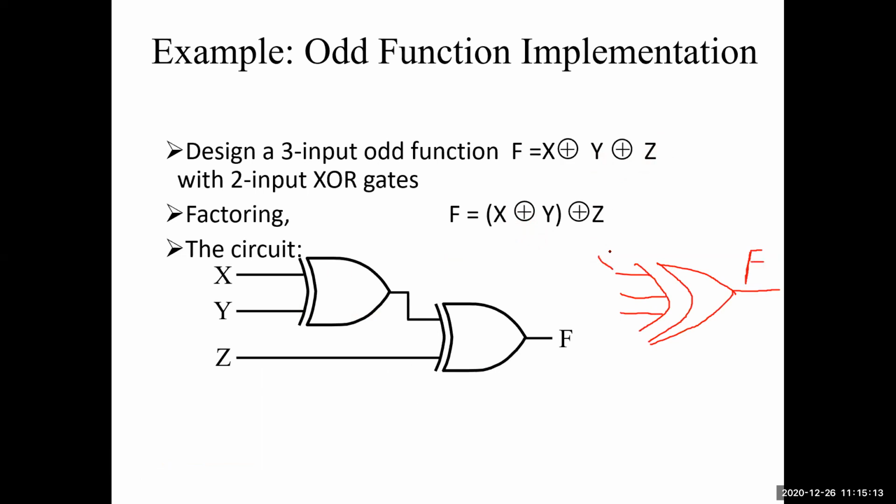So this will be the logic representation of the first equation, and the second one is a simplified equation in order to reduce the complexity of the first one, where you can use 2 XORs instead of doing an XOR of 3 inputs or n-bit numbers. You can simplify it as this factorized equation and get the diagram. So this is the diagram for the first one, and this is the diagram for the second, simplified equation.